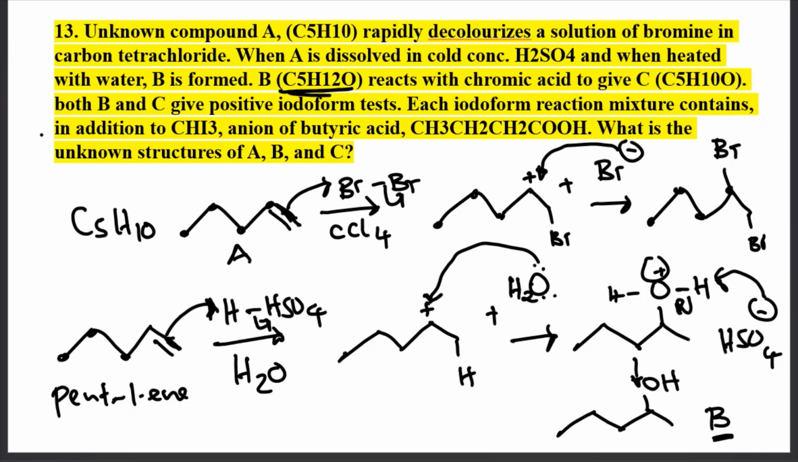1, 2, 3, 4, 5. And then it has 12 hydrogens. Here there are 3, 2, 2, 3, 10. Here there is 1. Here there is 1, 12. So that is B. And then this alcohol will react with chromic acid. Now you remember what we said, that when you react an alcohol with chromic acid, what is going to form is a ketone. Okay. So this alcohol that is formed here,